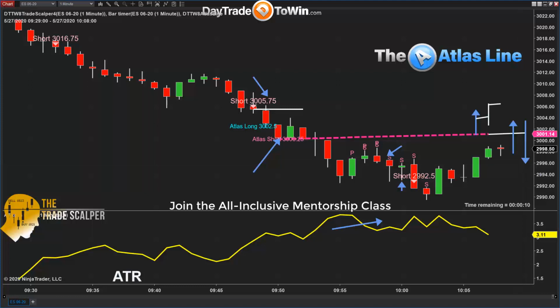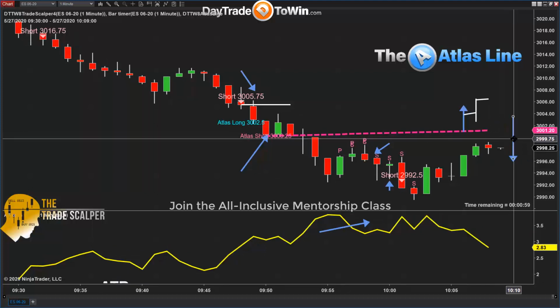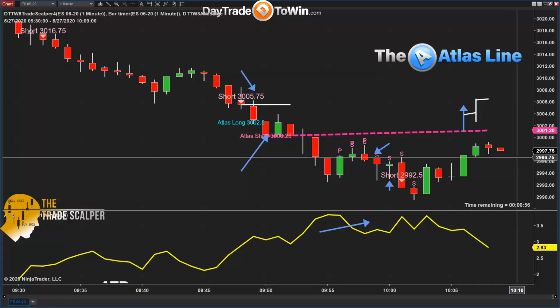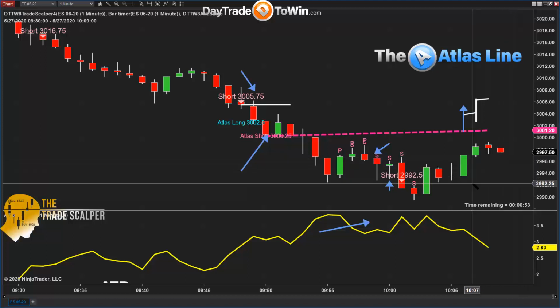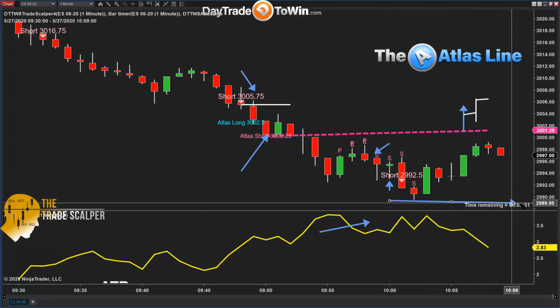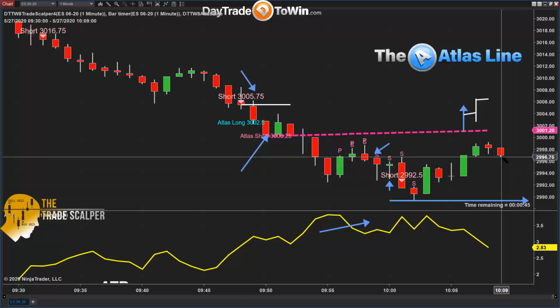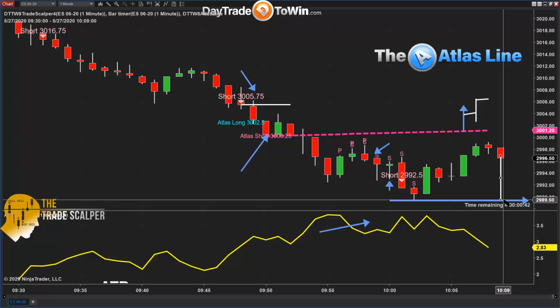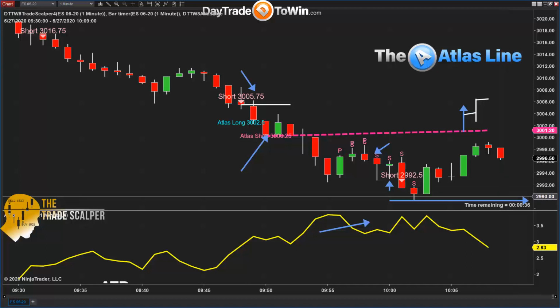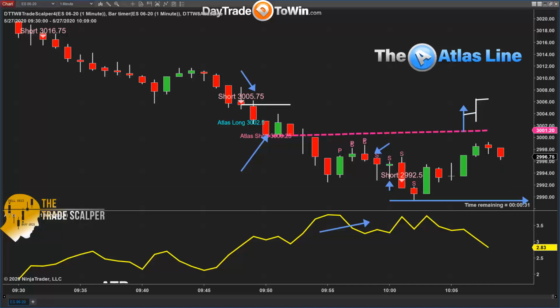It happens very frequently. So I'm also concerned that it's going to hit the Atlas line, acting as support and resistance, and bounce off of it. That's another reason I may not want to go long just yet. I'd rather wait until there's evidence that we're moving beyond it. And if you remember earlier in the presentation, I said markets love to test where they've been. The market has this low at 29.8950 or quarter here. There's a great chance the market will come back down, maybe not go through it, but at least try to test it. That's another reason I don't want to jump into the long side just yet, Diane, if that makes sense.